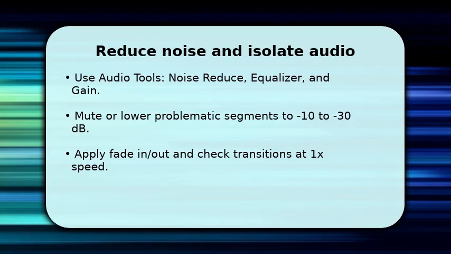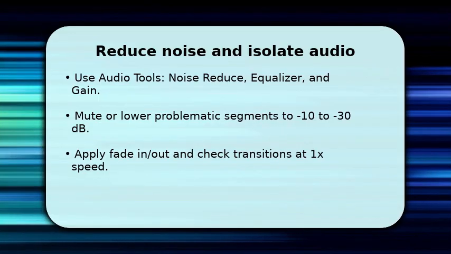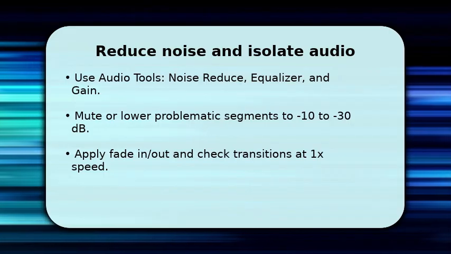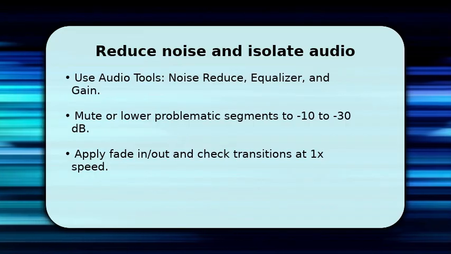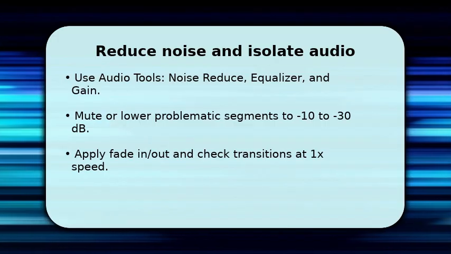Use noise reduce to tame constant hums, then the equalizer to cut frequencies where the noise lives, typically lower around 100-300 Hz for rumble and 2-6K Hz for hiss. Lower gain on only the noisy portion by -10 to -30 dB instead of muting entirely, so you preserve natural ambience. Once done, apply short fade in and fade out to mask edits, and play back at 1x to confirm